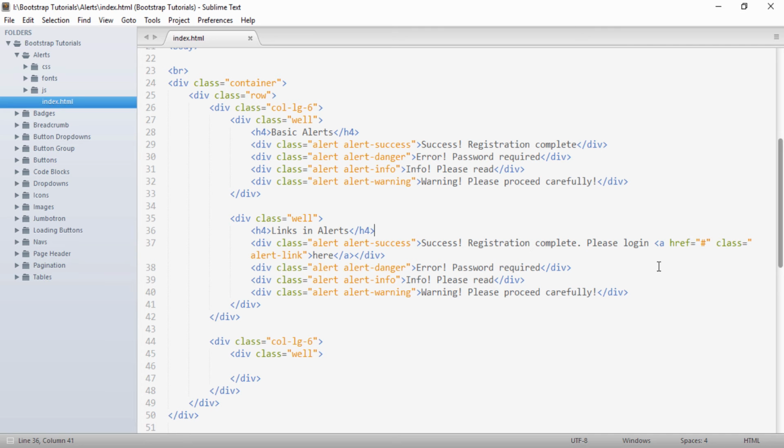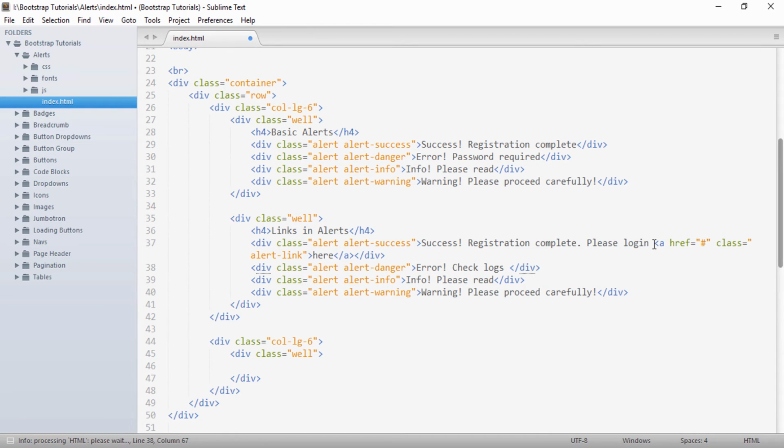So I will quickly put these links into different alerts. So say I will just copy this anchor, and let's say I remove this and write something like check logs.